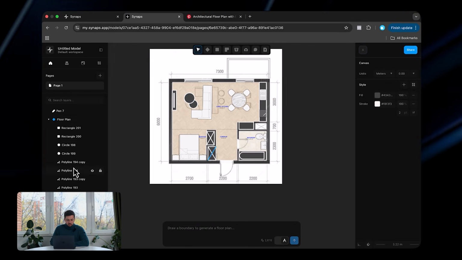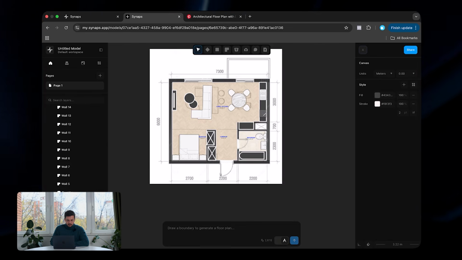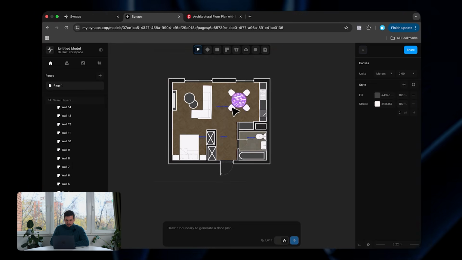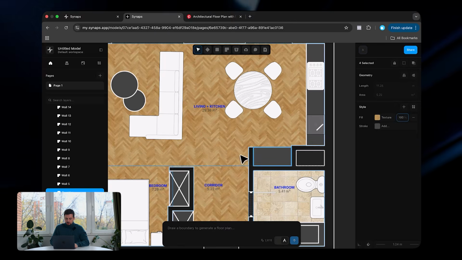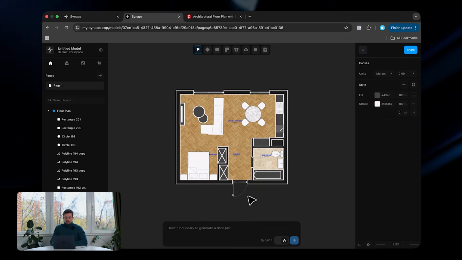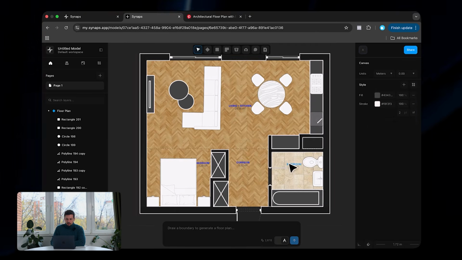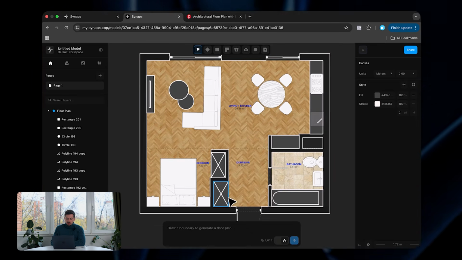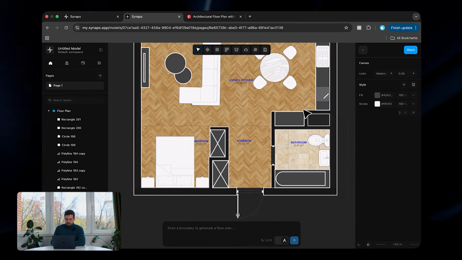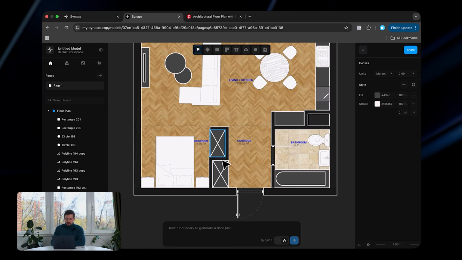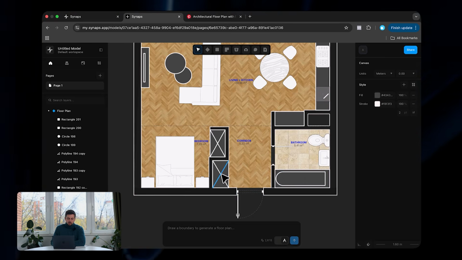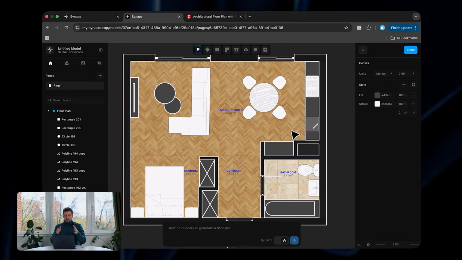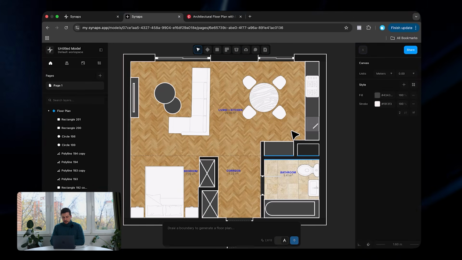So I'm gonna go over here at the floor plan, and I'm going to go ahead and unlock this and remove this completely. And then I'm gonna select all of these zones, and let's make these 100. So now we have divided everything. As the floor plan is right now, there are issues that I see. So basically, first of all, the thickness of all of these manually drawn rectangles and lines should be a lot thinner compared to the walls, because the walls should have the main emphasis in a section plane, and we should have